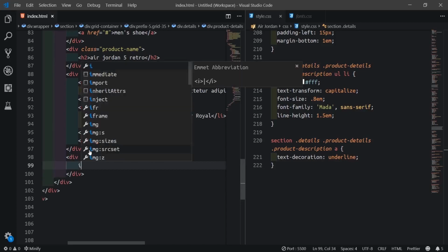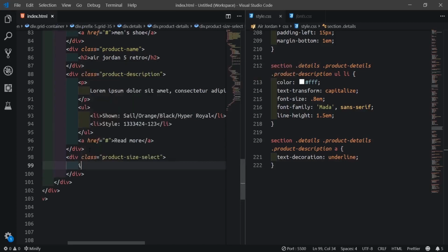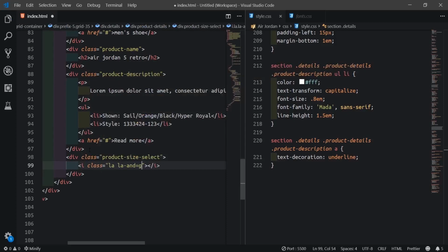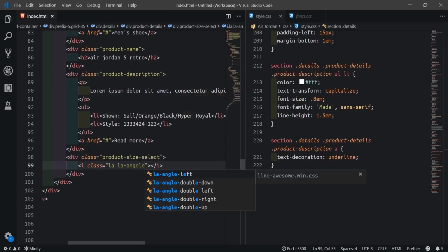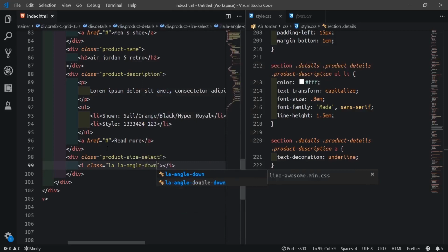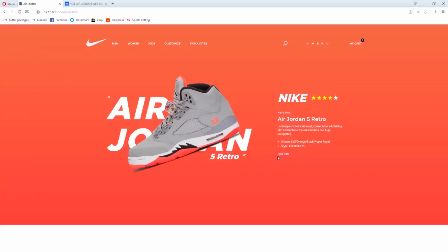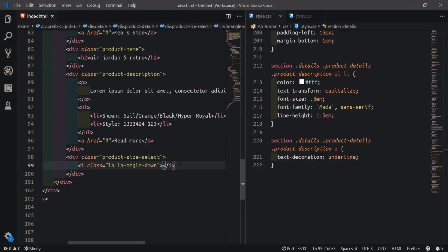Then we'll create a tag .la. Then LA and go down for that arrow there. Once here, refresh. That is for this arrow here. Then we'll create a select.